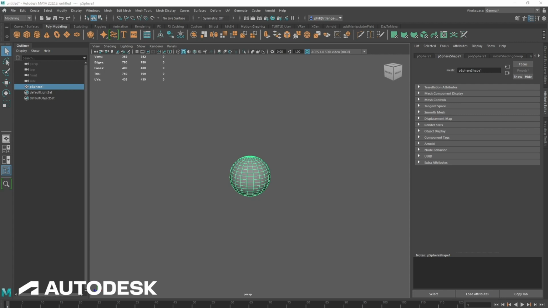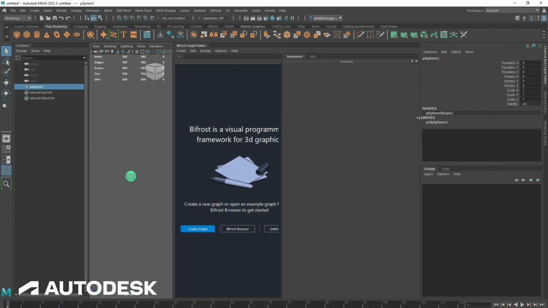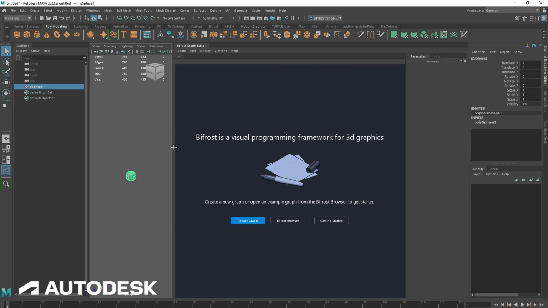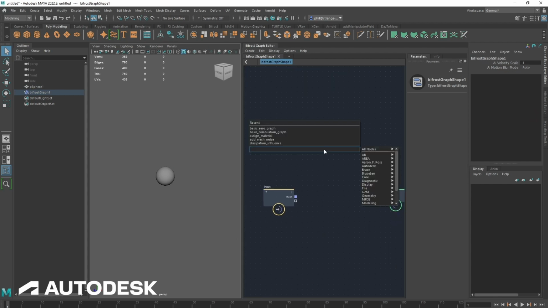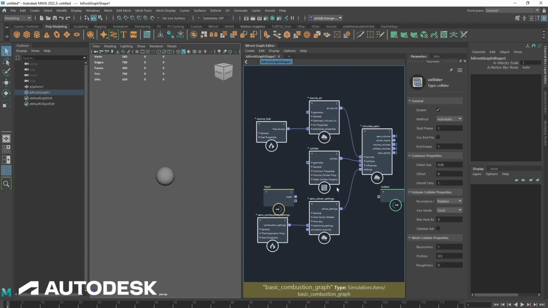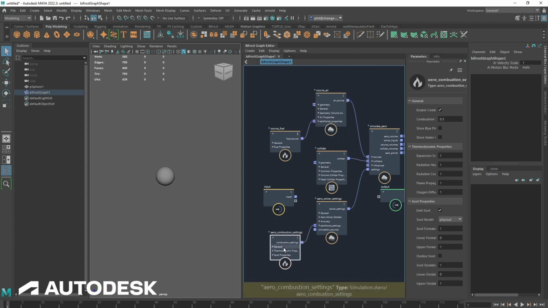So we've got a sphere, and let me just drag over Bifrost here. Just try and make a little bit more room. Sorry, it's kind of hard doing it on a small screen, but whatever. So let's just quickly lay down, I'm just going to start typing combustion, and then we can see that we've got basic combustion graph. Let's click on that, right click, explode. So we can see that we've got source fuel plugged into our source here, and we've got our little combustion